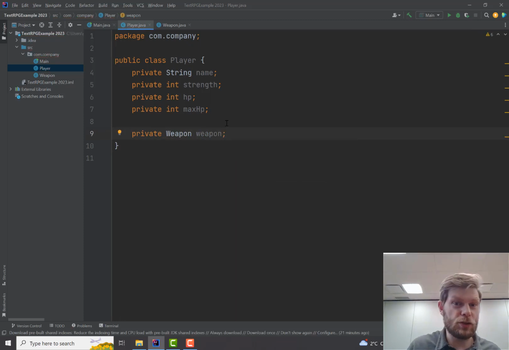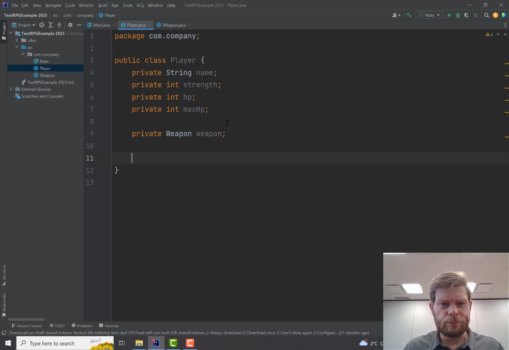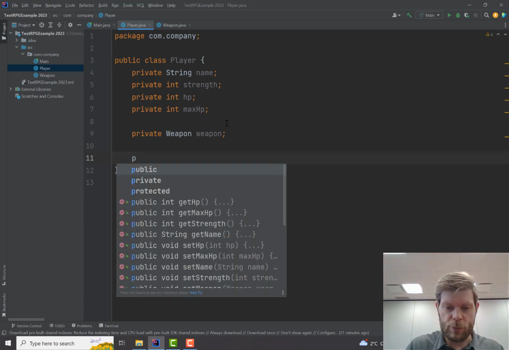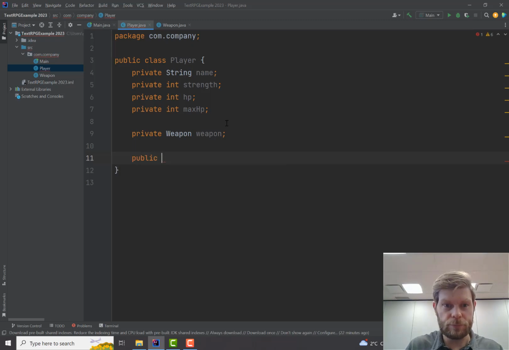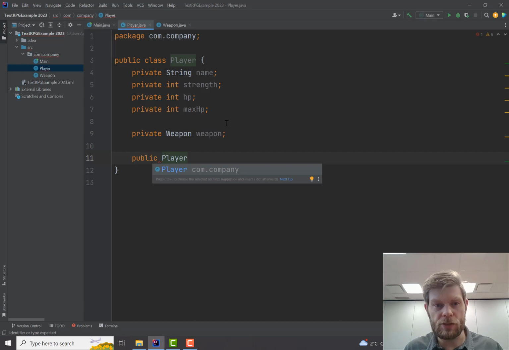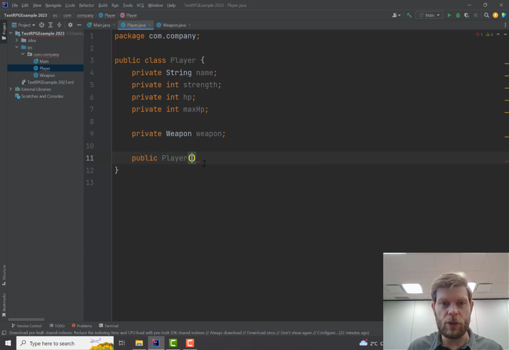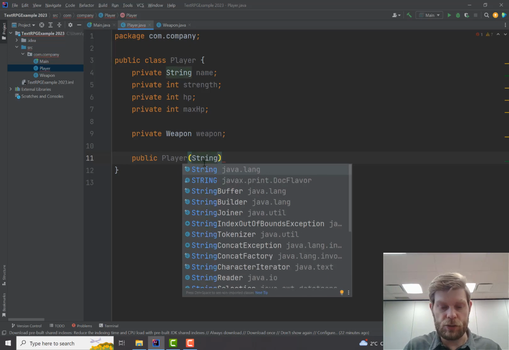Notice classes you make can have as fields other classes you make. I'm also going to want an armor class later, but I'll hold off for the moment. So I'm going to make a constructor for my player class. Remember, to make a constructor, you generally make them public, and then the name of the class, which has to match the file name, and then whatever info it needs to do its job. In this case, we're just going to be giving a string for the name,